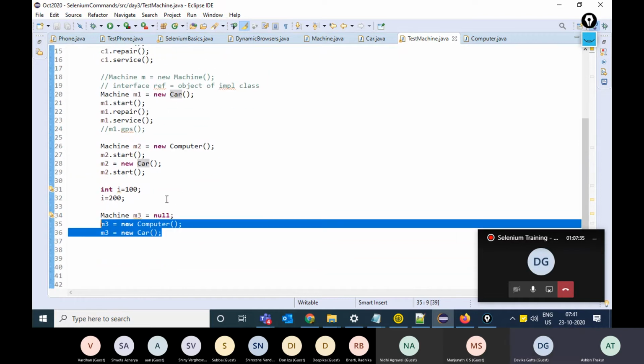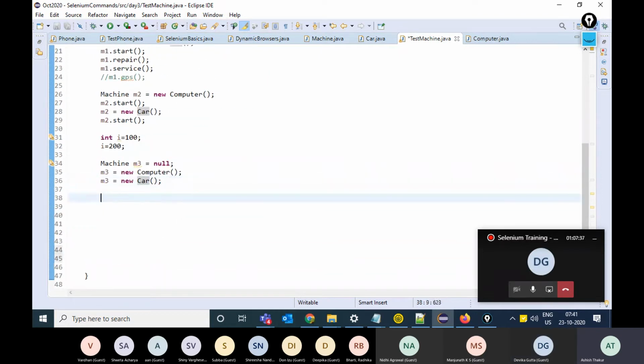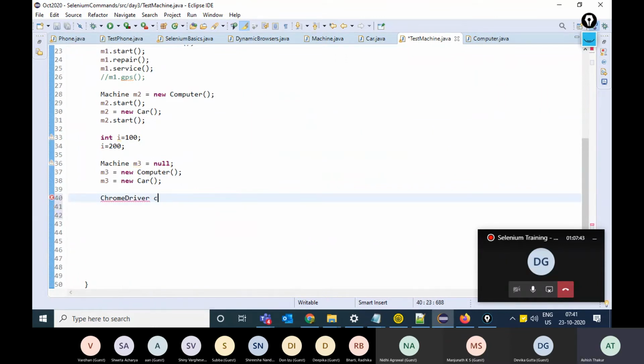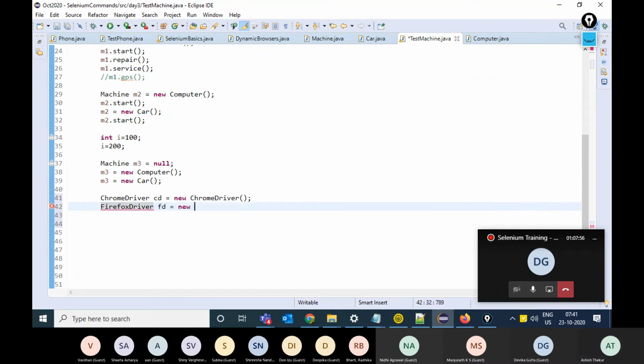The usage is we create the object of Chrome driver. Till now we have created objects like this: ChromeDriver equals new ChromeDriver, or FirefoxDriver.